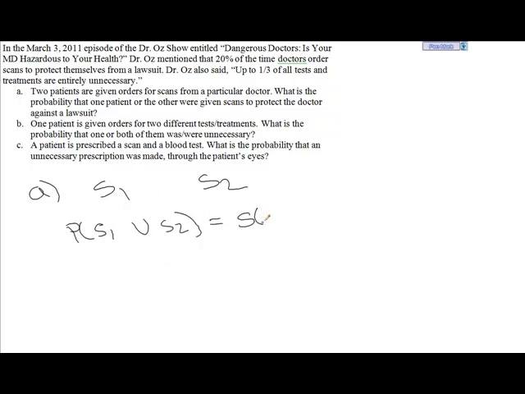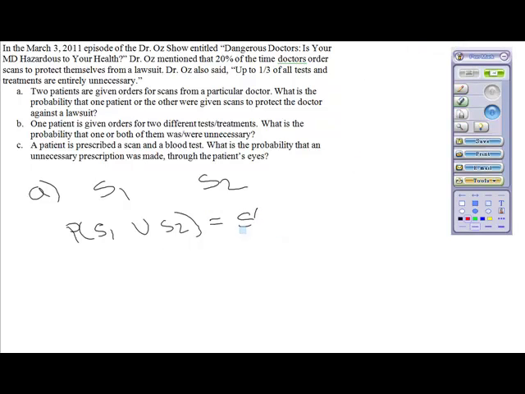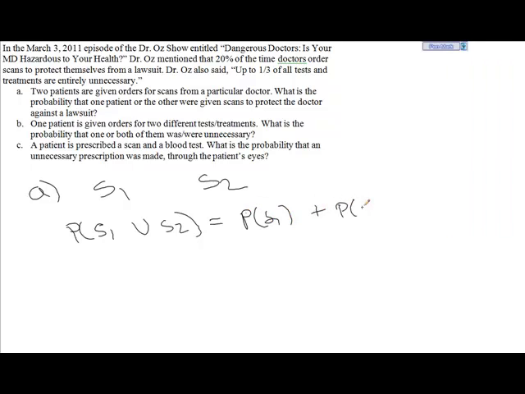So that means we want to find the probability of S1 plus the probability of S2 minus the probability of S1 and S2. Now, of course, we don't have this number right here. We don't know the probability of both of two people getting a scan done, but if we can assume independence, the fact that one person gets a scan probably should not affect another person getting a scan, reasonably speaking. And plus, we don't have any more information on that, so the best we can do is to